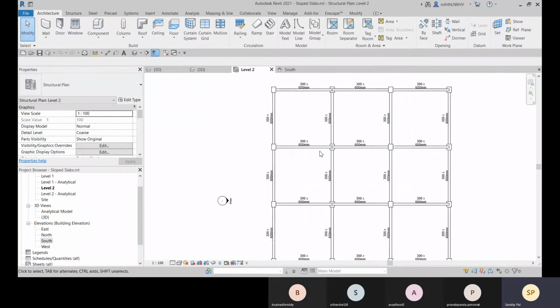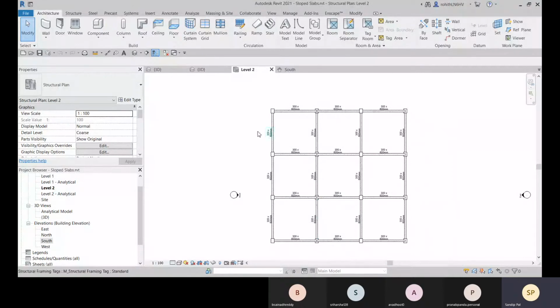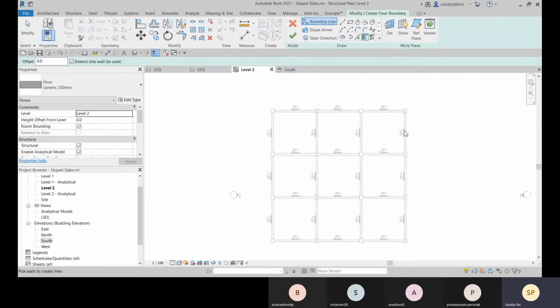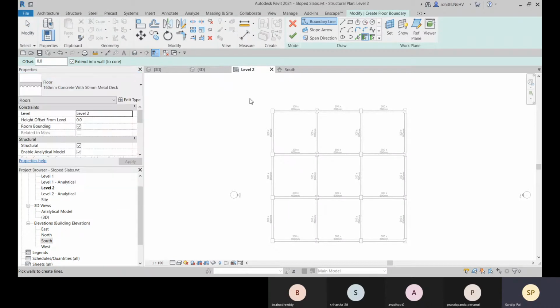Now let me go to level 2. Here you can see the plan, or the structure layout. If I go to the structure and create a structural floor, suppose I choose this one, or I can choose this one also. No matter what type you choose, it will be placed at level 2.